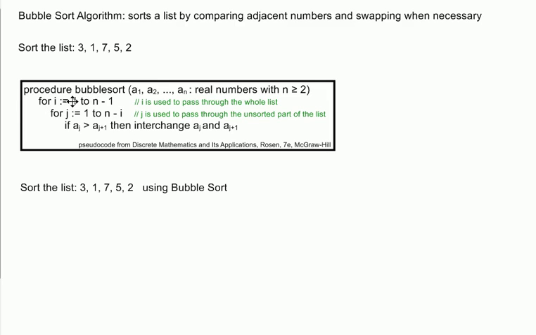So the bubble sort is going to take a list of real numbers n greater than or equal to 2. The algorithm, because there's subtraction involved, we have to make sure we have at least 2 items in the list. And obviously, if you only had a list of 1 item, there would be no sorting to do. There's an I and a j counter, and the command for, in most programming languages, is another control structure. It's a looping